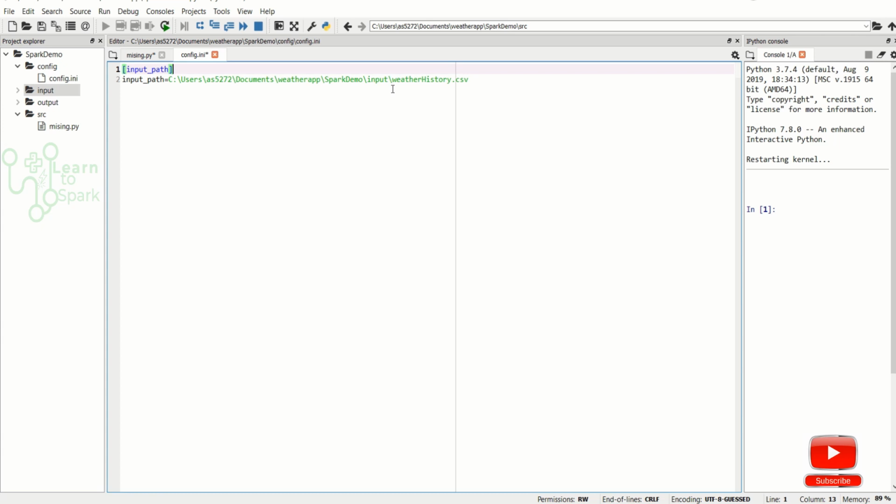If we have two paths, like input path and output path, I can create two entries. The first one is the input path that we defined. Now I can give some output path, but since we are not writing any output in our program now, I'm not giving anything, just showing for a demo.